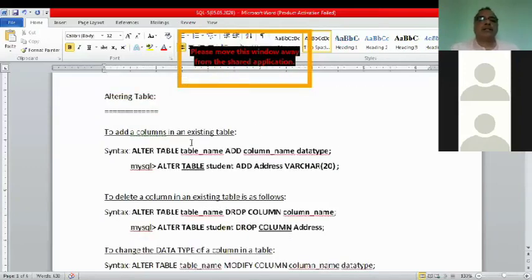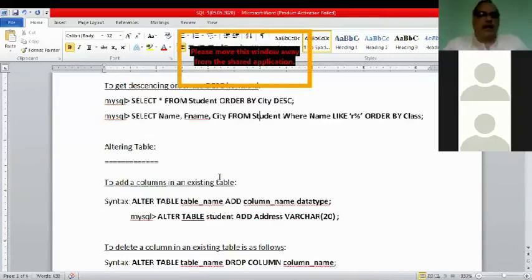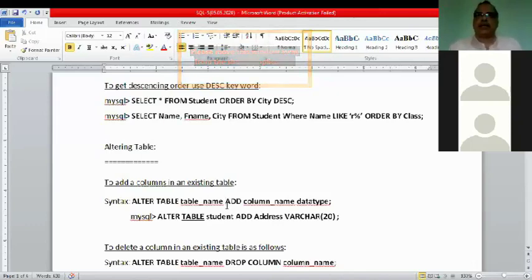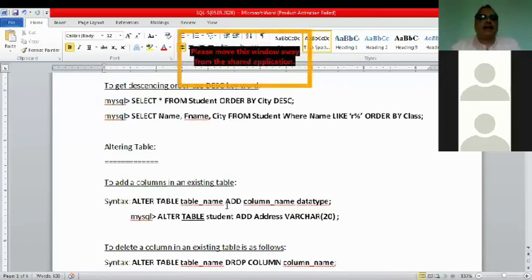Okay, so next is altering a table, how to alter the table. Now, what is the meaning of altering a table? Altering a table works with structural change. What do you mean by a structural change? Anyone? So it alters the different fields and the layout of the table.